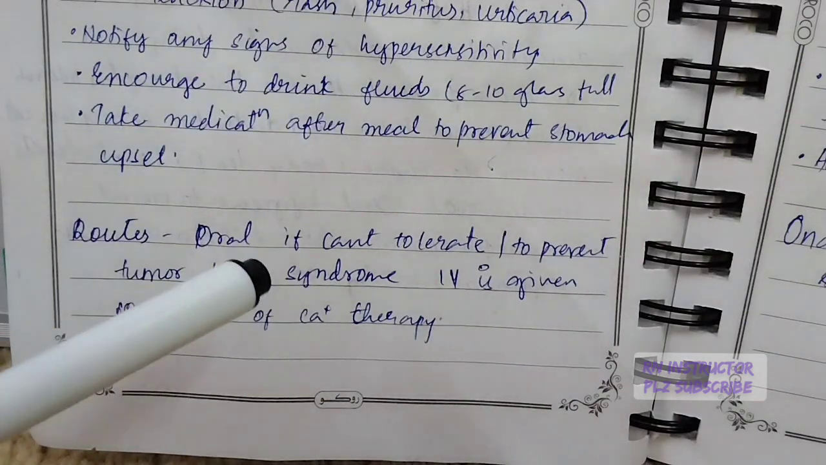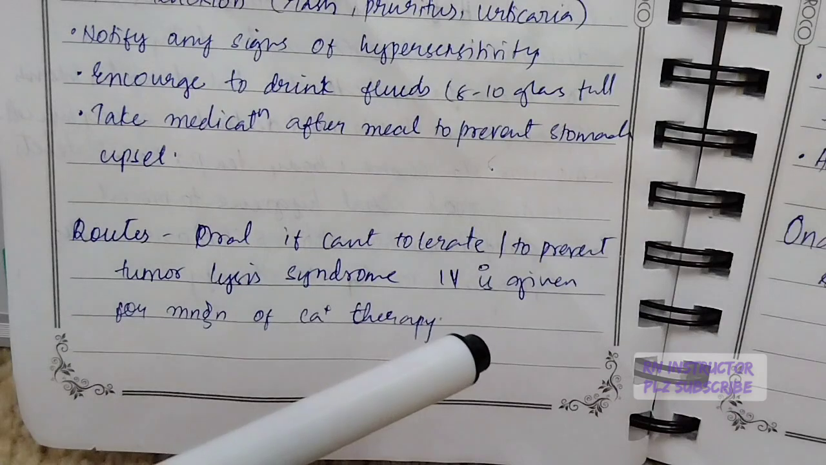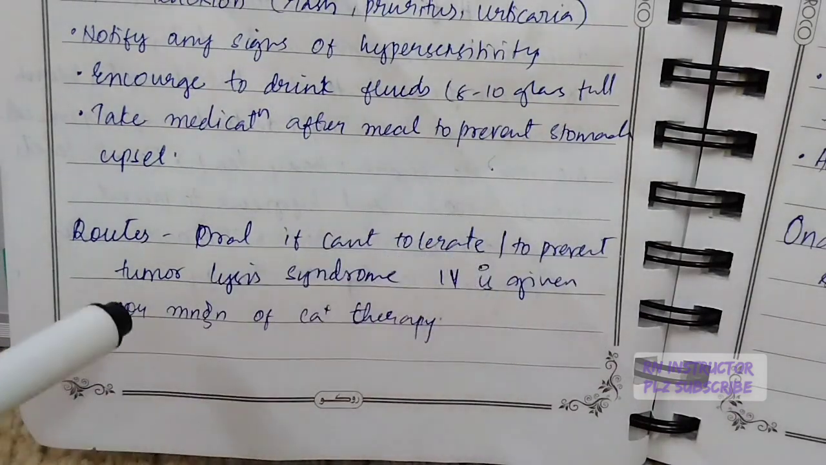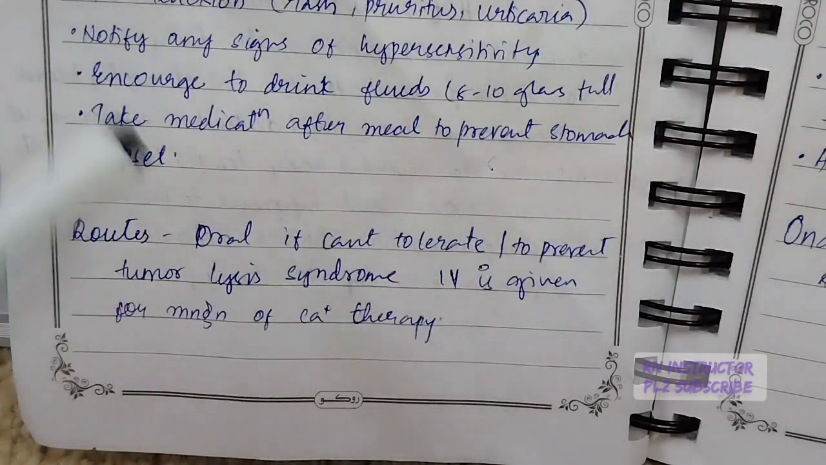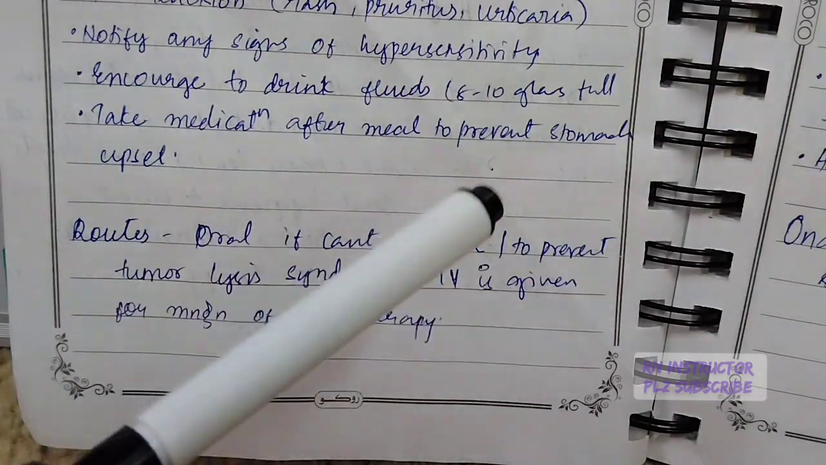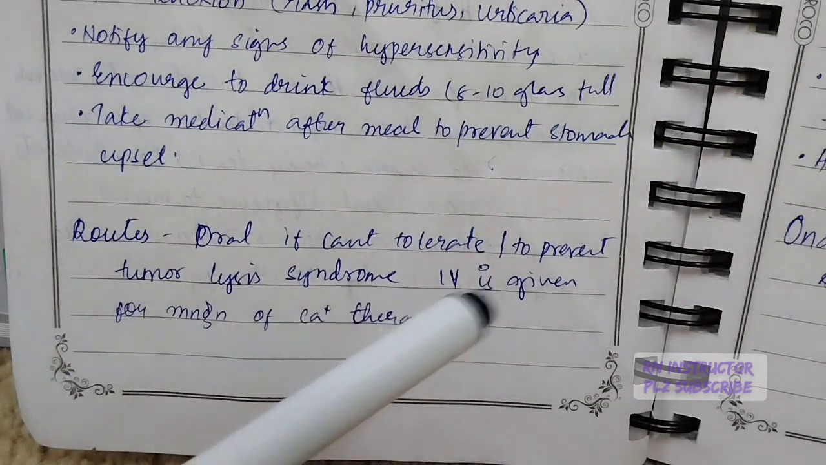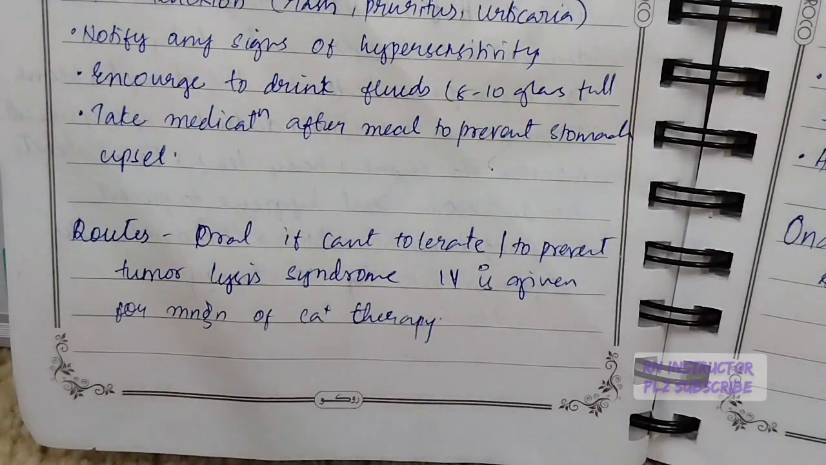Allopurinol medication is oral. If the patient is not able to tolerate it, then IV can be given in order to prevent tumor lysis syndrome. So allopurinol is given orally if the patient is tolerating, or if the patient is not tolerating, and to prevent tumor lysis syndrome, we can give it IV for management of the chemotherapy. Hope this is clear. The next medication we give is